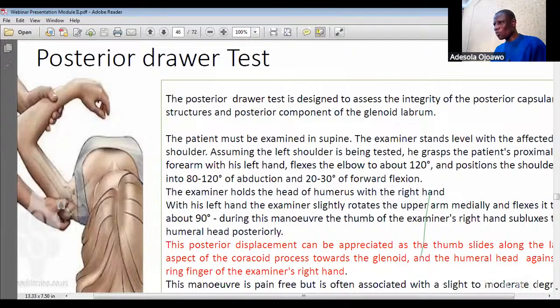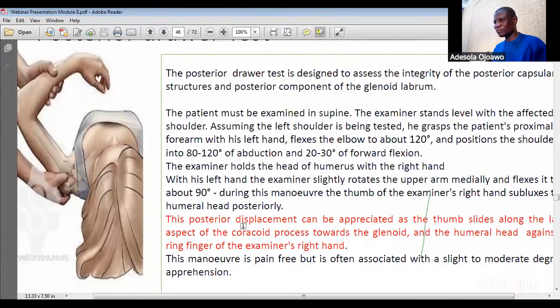So when you hold that head, you apply a force, trying to give a pulling down posteriorly. The other one, you pull it up here, but now you try to pull it down. So when you pull it down, if there are displacements, as you are feeling it,